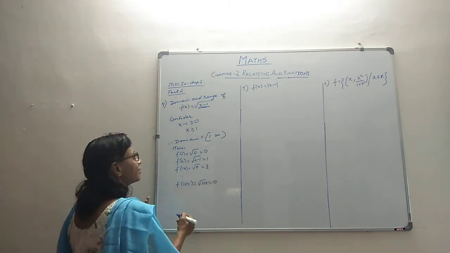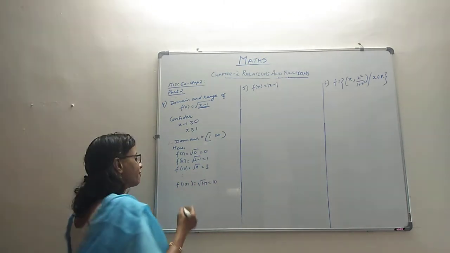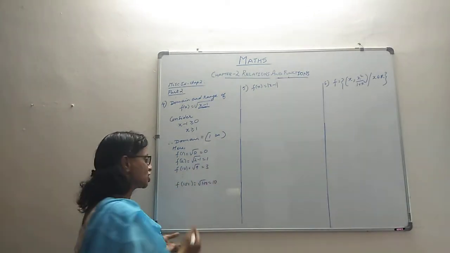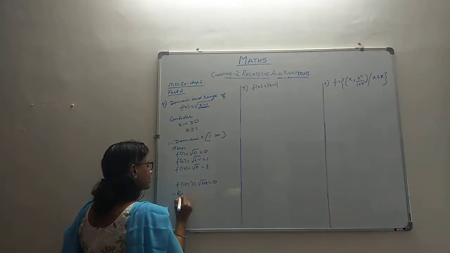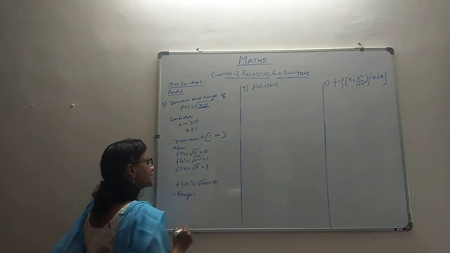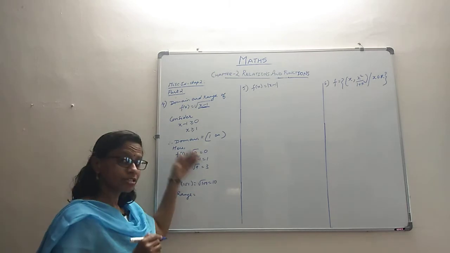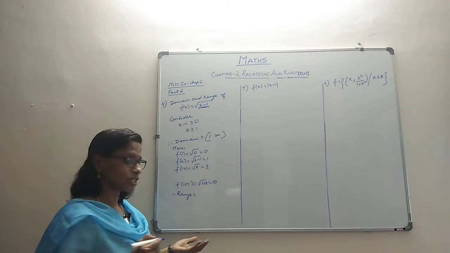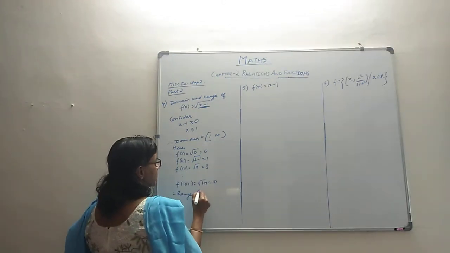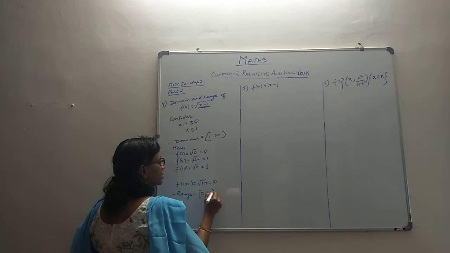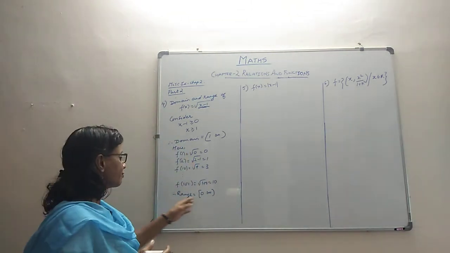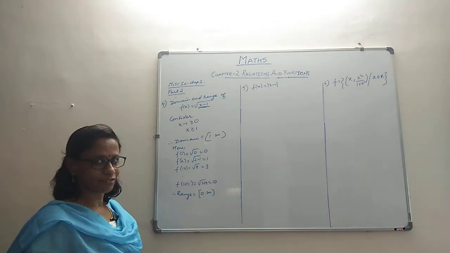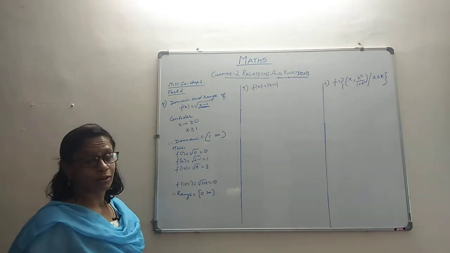So how do we predict our range? So what is the range now? Therefore the range is values starting from 0, and depending on the value that you take, it is going to give you values which are higher. So it is starting from 0 and rising. Therefore the range is going to be 0 to infinity. Starting from 1, the domain goes to infinity, and the range goes from 0 to infinity. That is about our domain and the range.